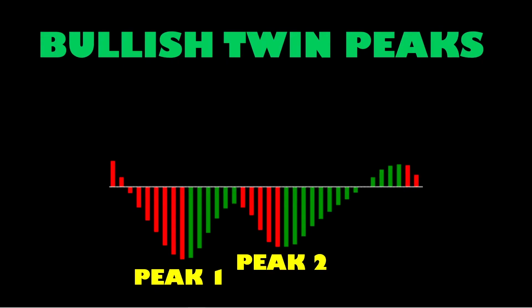A bullish twin peak is where the awesome oscillator is reading below 0 and there are 2 low peaks in the oscillator, with the second peak being higher than the first. When a histogram bar closes green after the second peak, you could take that as an indication to enter a buy trade. In this example, you'd be entering at the start of that bar right there after the second higher